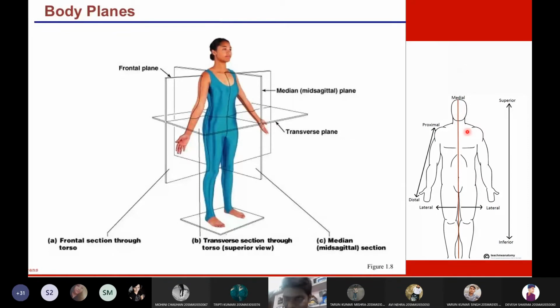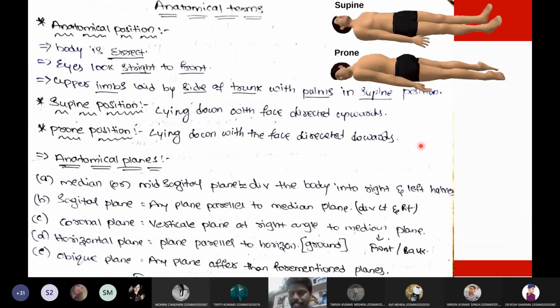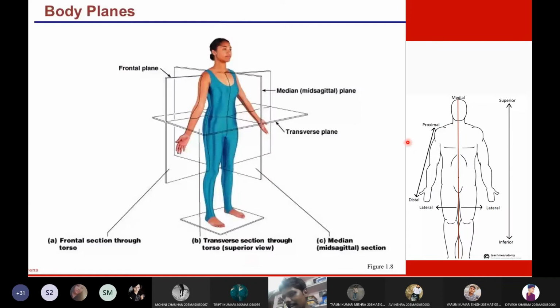Okay, so mid-sagittal plane and sagittal plane, and this is a medial plane, and this is a transverse plane. And if you are cutting the body from the center like this, then that is called the frontal plane. Then you can also cut the body like a cross, and that plane is called the oblique plane. Oblique plane means any cross section of any body organ. So these are the planes present in the human body, students.